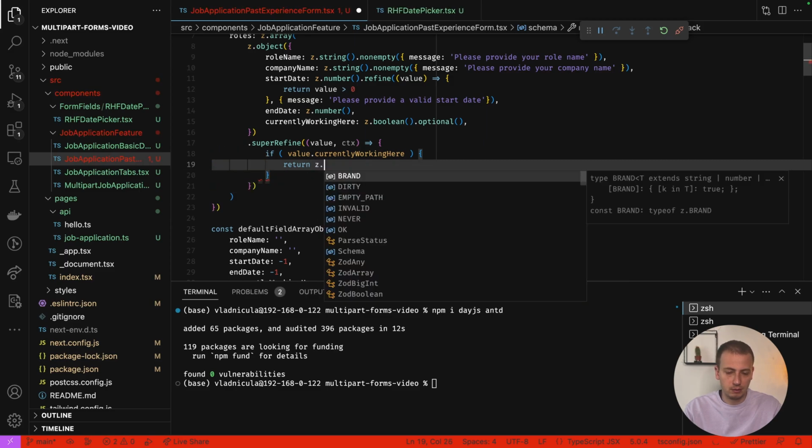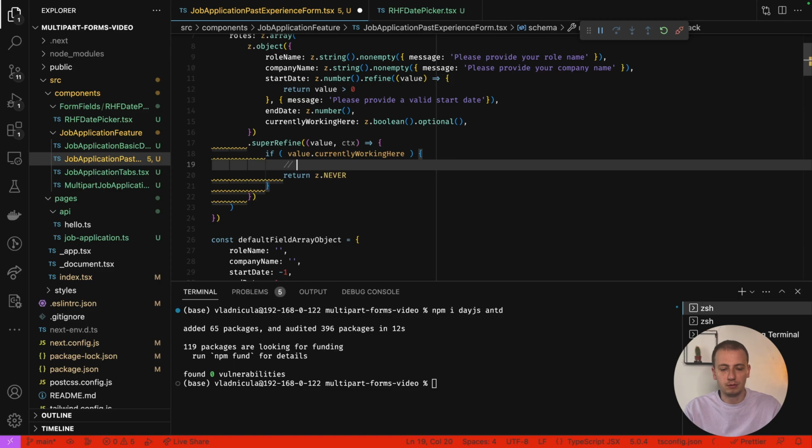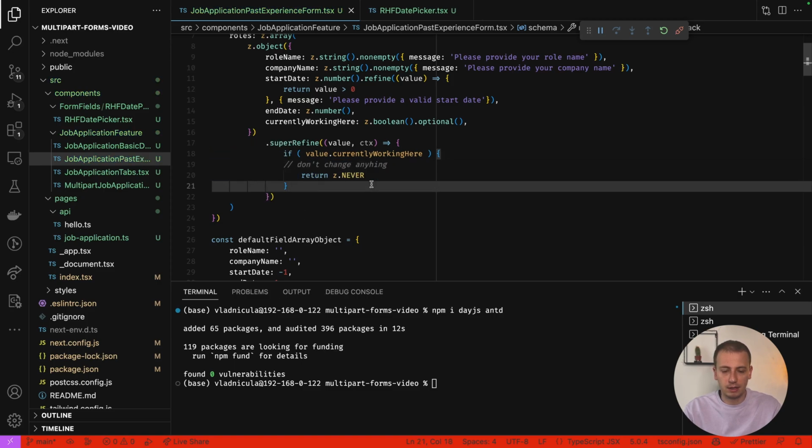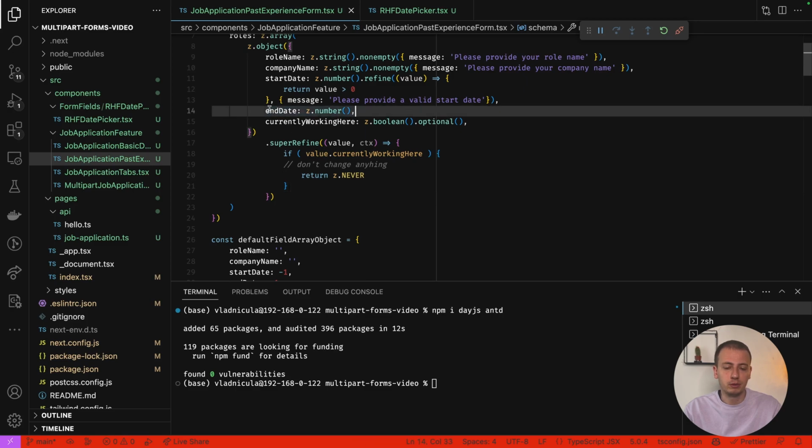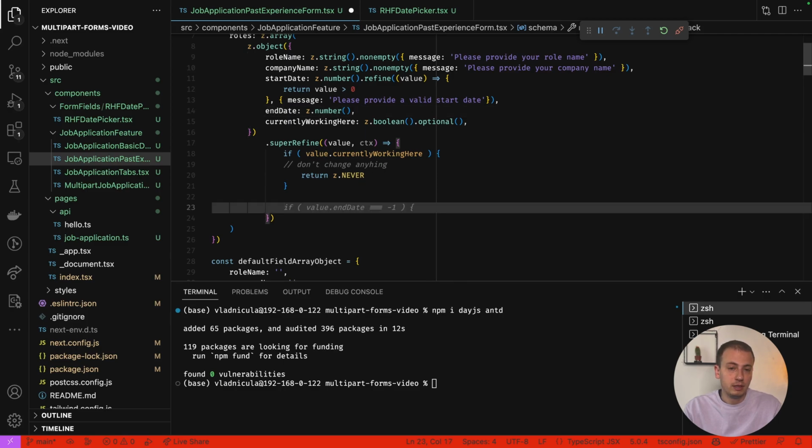So we're going to be z.never. This basically means don't change anything, let's just move along. Let's not break anything, which means our end date remains optional. We don't use it, we ignore it, we don't have anything to do with it, and so on. But if the currently working here is not set, we need to make sure that our end date is actually